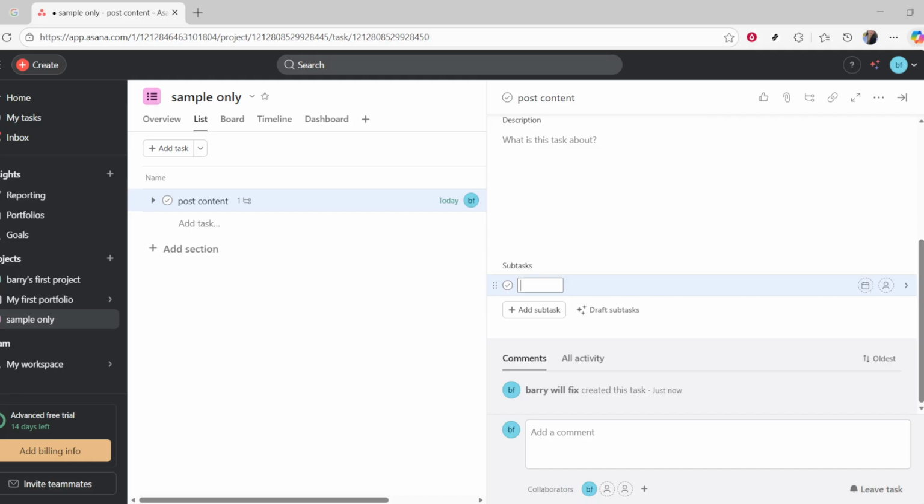Inbox shows updates on tasks you're involved in, so you never miss a change. Insights and reporting give you a quick view of progress trends, workload, and potential bottlenecks, helping you adjust priorities before issues grow. That's it. You've built a clear, trackable workflow in